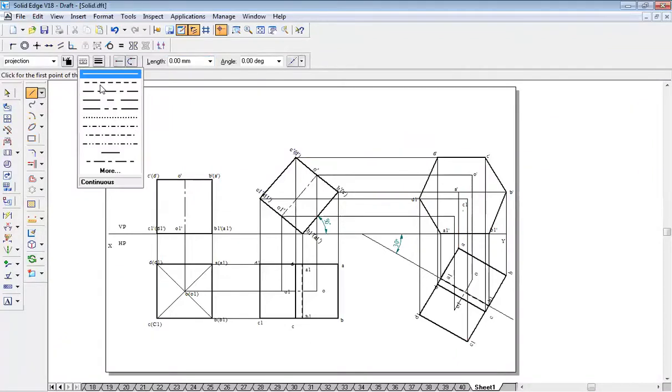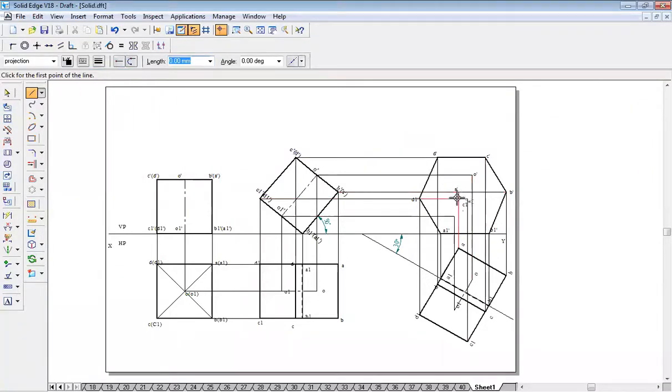So change the line style to dotted line, and A related face A to B, it has to be drawn dotted. A to D, it has to be drawn dotted line. Then A to A1, it has to be drawn dotted line. Similarly, as said, C1 is very far from XY line.